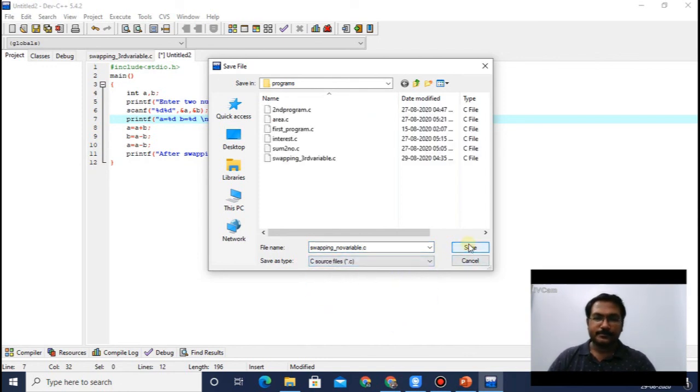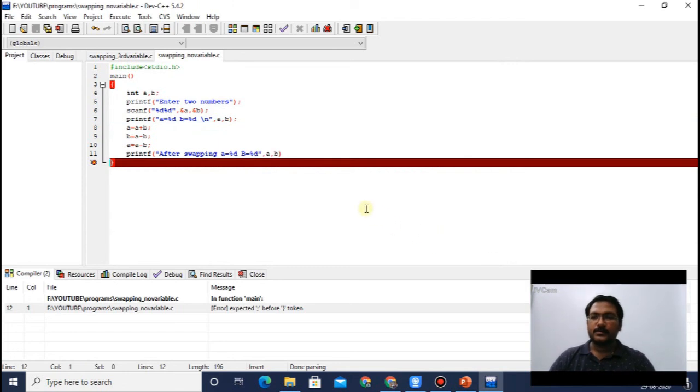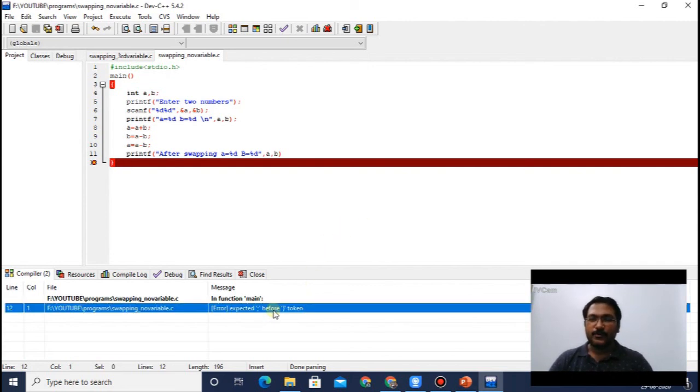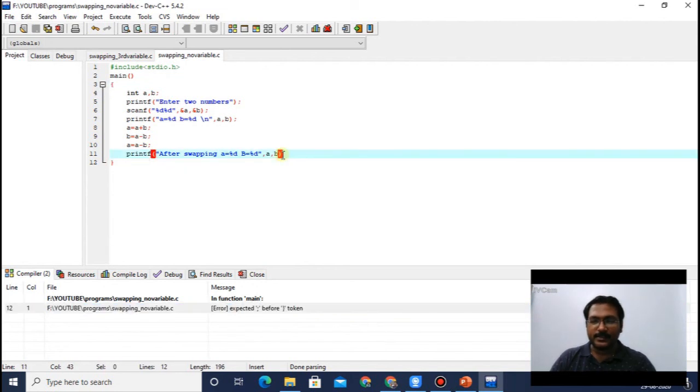Fine, save it. See, there is an error. What is that error? Expected semicolon before. See, here we have not given the semicolon, just keep semicolon.